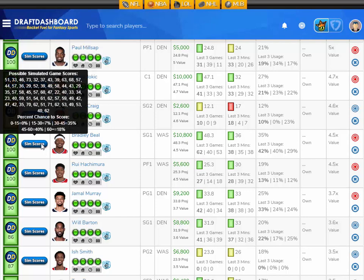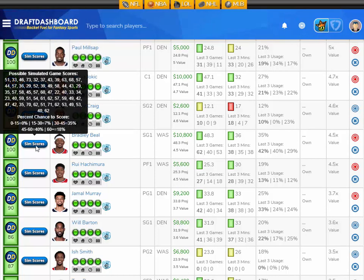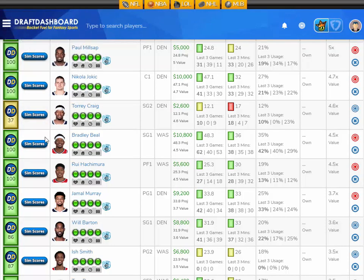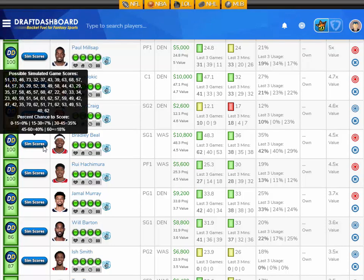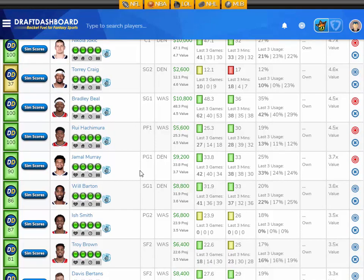You'll see he's 800 salary more than Nikola Jokic, and it's because he's got more 45-plus point upside. He's got 5% more chance to score 45 to 60 fantasy points and 3% more chance to score 60 fantasy points or more. So he makes a great captain. He's not overpriced. You'll be able to fit in Bradley Beal as your captain with those value plays that we gave you. And if you're looking for one more stud, I'm not sure you're going to need to play him tonight,